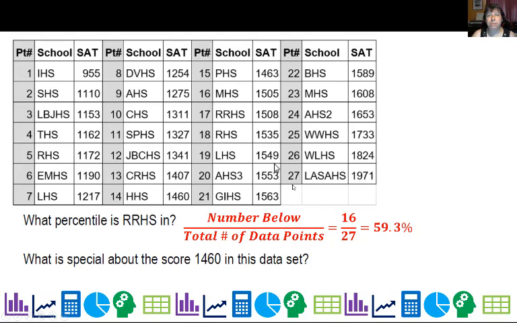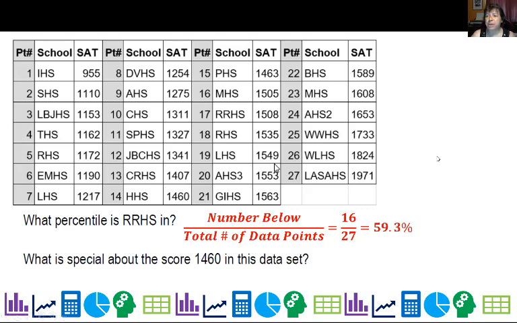Now, one of the most common mistakes that happens is if you're looking at like class rank or something at school, people say, oh, are you in the top 10%? Or if you're trying to get into UT, is it the top 6% for automatic admission? Well, the top 6% is not the 6th percentile. It's actually the 94th percentile, because percentile goes from all the data below it, not what's above it.